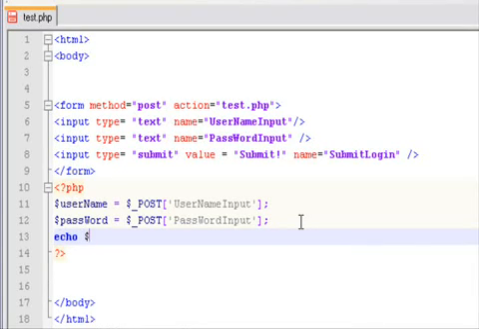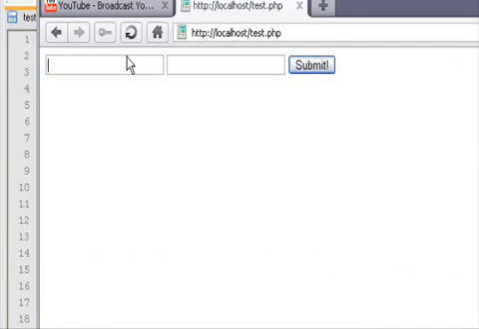Run this and see if we got it right here. Okay, so let's type in our username, Bob Smith. Okay, there's Bob Smith. So what happened is PHP took a value that was inputted by a user and it